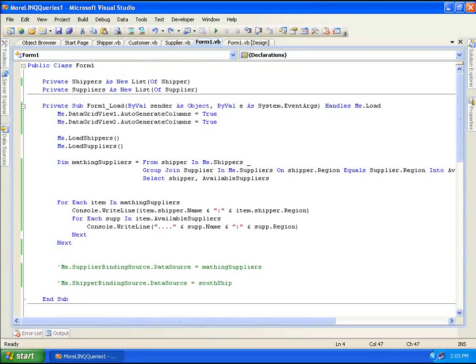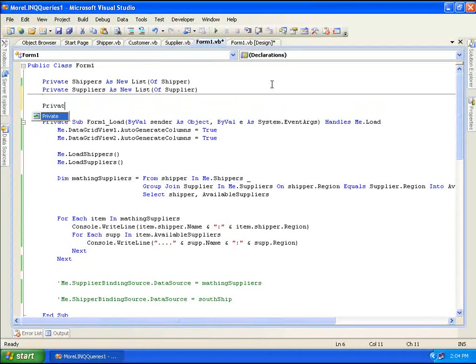So one way to do this is we can create a dictionary of shippers as the key, these objects, and then their available suppliers as the values, which will create basically a one-to-many between the shipper and their available suppliers. And it'll allow us to easily data bind to the grids. So let's create a class level variable up here, and we'll just call it private, we'll call it group ship